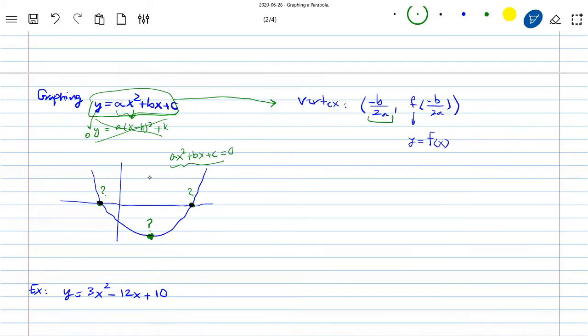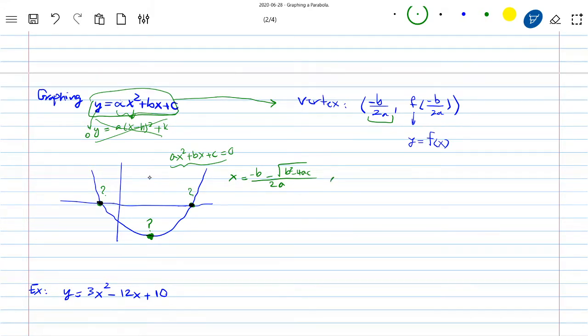And this is a quadratic equation. Based on the quadratic formula, what is the solution? The solution is negative b plus or minus the square root of b squared minus 4ac, divided by 2a. What is this? These are the two solutions. You'll get one is, let me erase this, negative